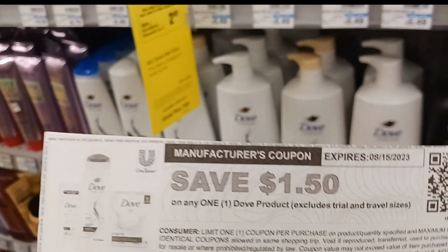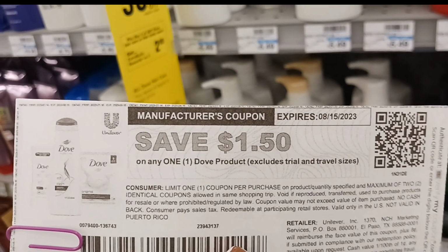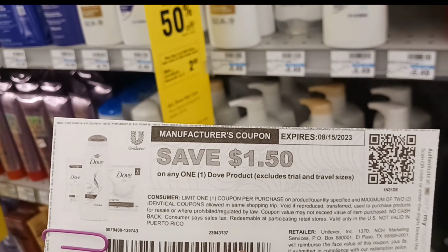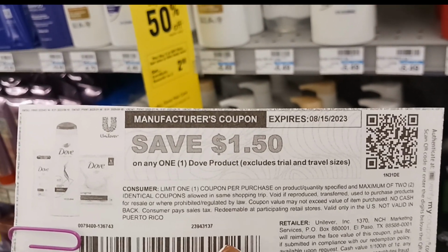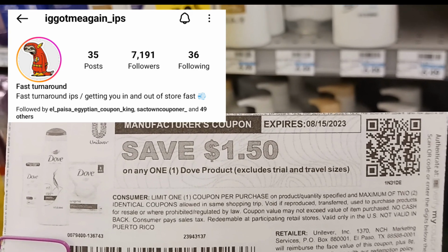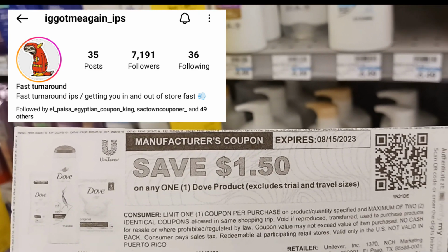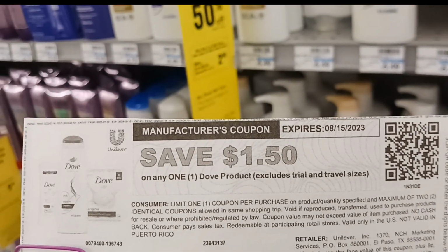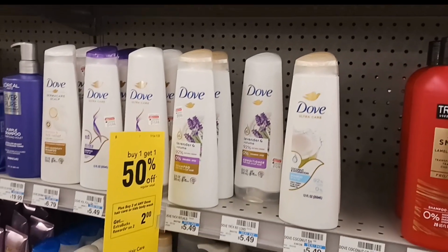We're gonna use 2 of these $1.50 printables right here from... nope, it's an email coupon. I ordered mine from my IP Fairy. I'll pop up who I got them from, and you might have a $3 off of 2 from inserts. I don't have that coupon, which is why I ordered a set. So I'll use 2 of these coupons, and that'll bring the total down to paying